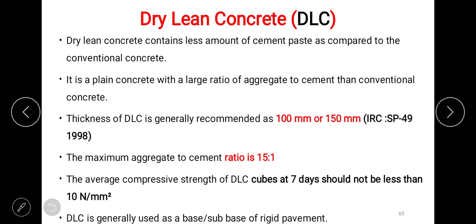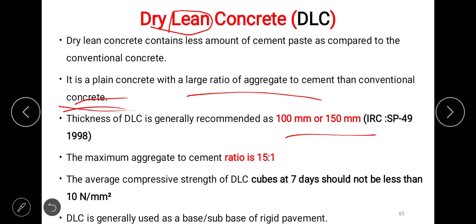Dry lean concrete, DLC. It contains less amount of cement as compared to conventional concrete. This word is important: lean. Lean means a little bit more fluid, more fluidity. It is a plain concrete with a large ratio of aggregate to cement than conventional concrete. Thereby, we can save money. It becomes economical too. Thickness of DLC is generally recommended as 100 mm to 150 mm as per IRC special